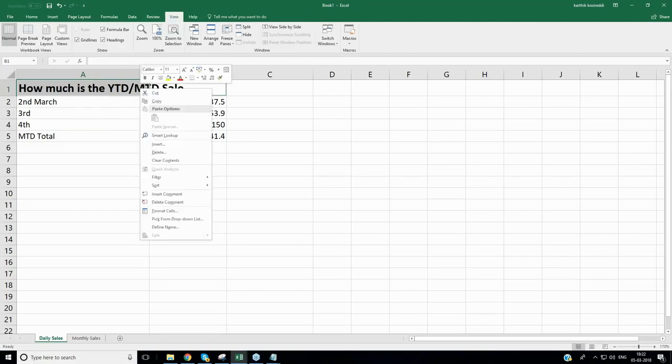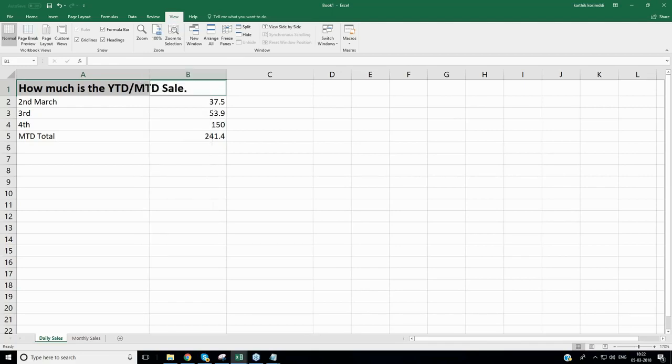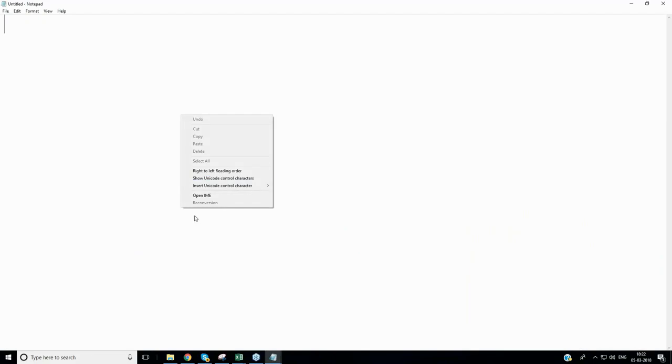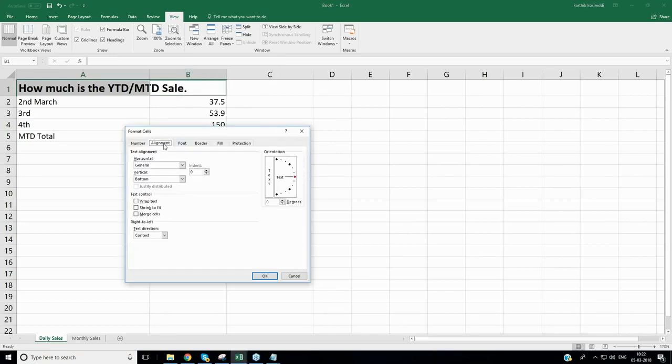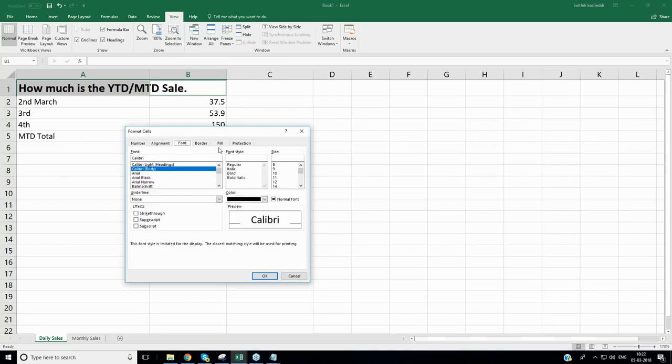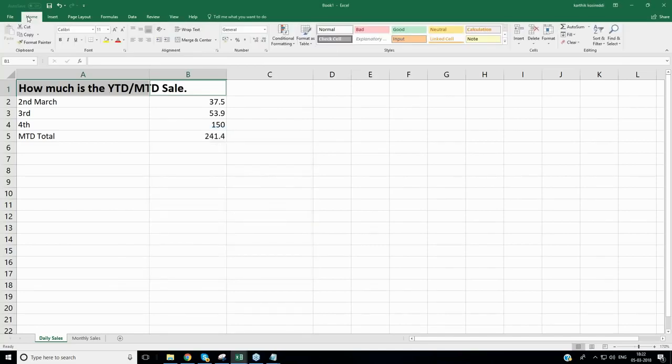What about if I right click here? What do I see? See, so many options, format cells. What if I right click on a Notepad? What do I see? Something else, very little, correct? Now, if you right click and go to format cells, you'll get a lot of options through which you could do that. Okay, so what we will do is go to home, and under home you'll see this merge and center field. When you click on this, it will merge this field and put it into the center.